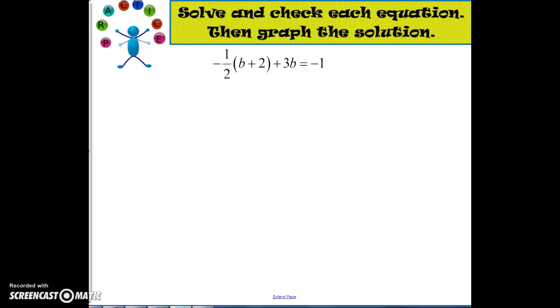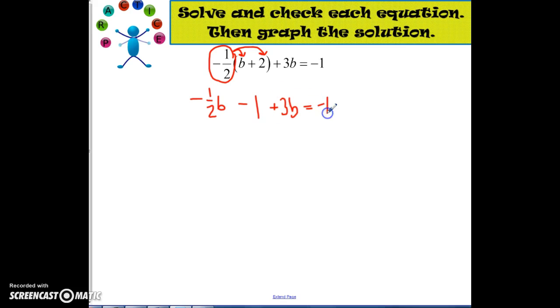All right, so for number 4, again, distributing. Don't forget about this negative. This is negative 1/2. So we have to distribute the entire term. That negative belongs to the 1/2. So we'll have negative 1/2 b, and negative 1/2 times 2 is negative 1, plus 3b